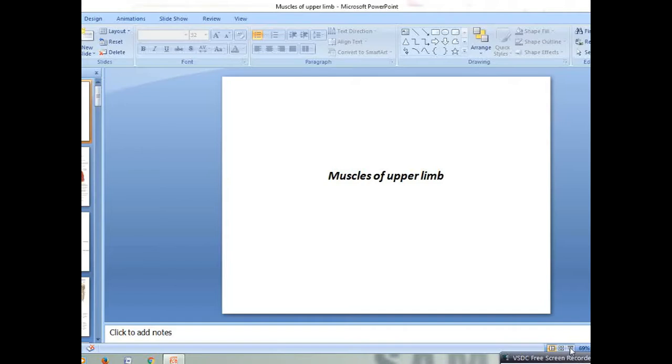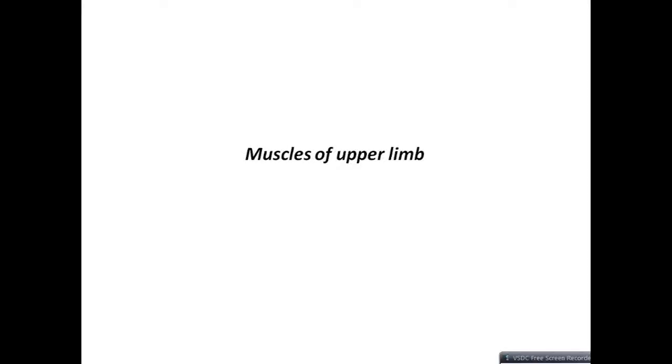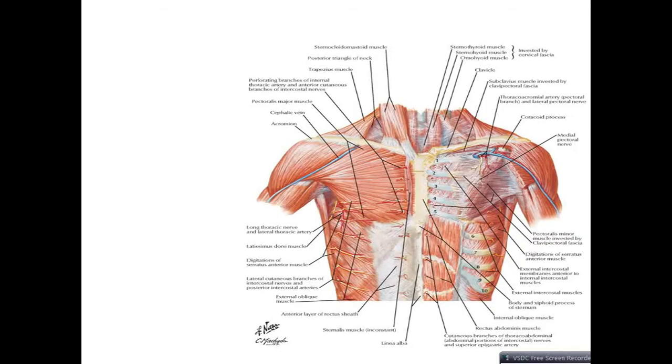Hi dear students, today we will see muscles of the upper limb. So the upper limb is this region. Let's see some muscles in this region. The upper limb also includes the pectoral region. This area is the pectoral region,